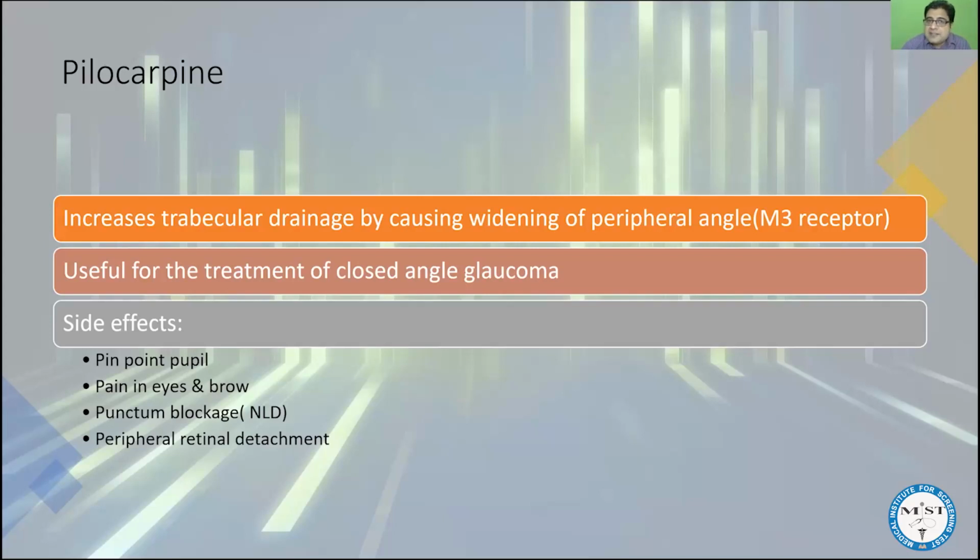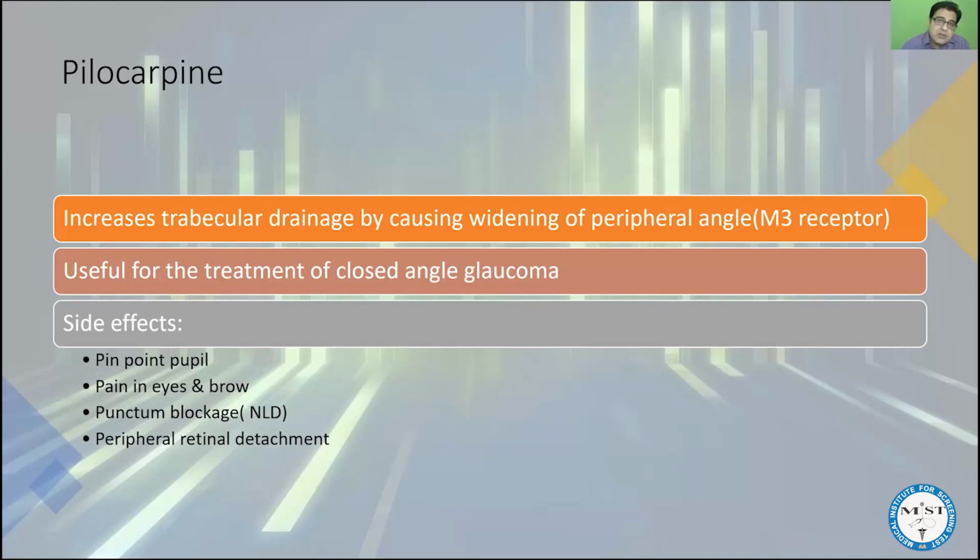Now, when this medicine is given in the form of eye drops, there are many side effects which can be seen at the level of the eyes, the local side effects. So what can be the side effects? Number one, this medicine will cause miosis, that will cause pinpoint pupil, and that will lead to decreased vision. Number two, the medicine will cause contraction of muscles. By acting on the muscarinic 3 receptor, the medicine can result in contraction of the lens muscle, that is the ciliary muscle, as well as the iris muscles.